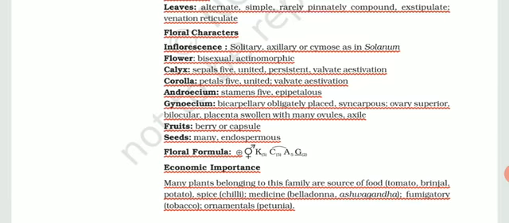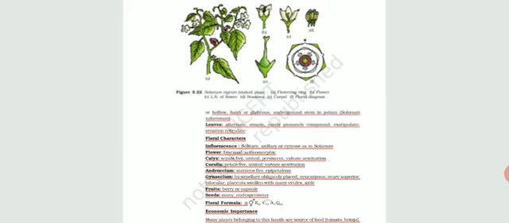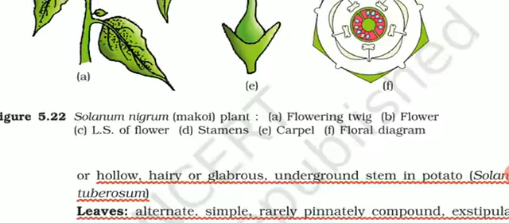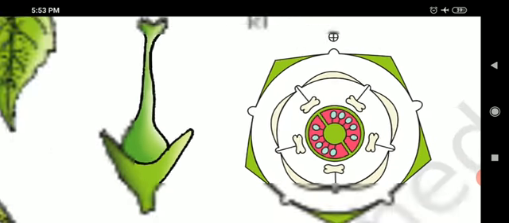Now let's talk about the floral characters. First of all, inflorescence: cymose inflorescence. Flowers are bisexual and show actinomorphic symmetry, meaning radial symmetry. Calyx, how many are they in number? Let's learn like this. If you count in the floral formula of the Solanaceae family, how many calyx can you count? They are a total of 5 in number. Are they united? Yes, they are united. This feature where the sepals are joined to each other, an inverted U-shaped or C-shaped structure, shows a fusion of the sepals.